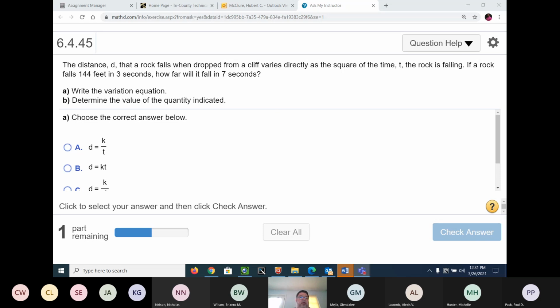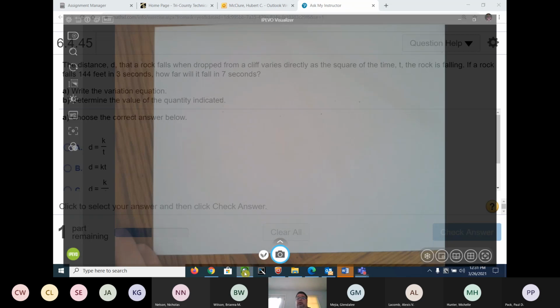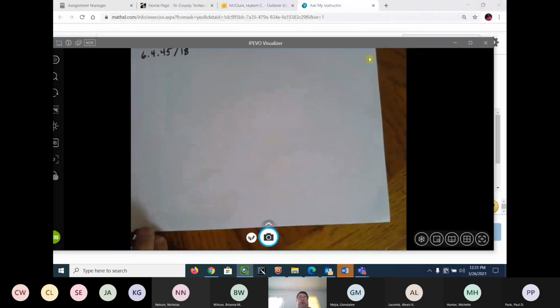That ain't happening. The distance D that a rock falls when dropped from a cliff varies directly as the square of the time. So I'm going to pull up my handy dandy whiteboard. And I'm going to